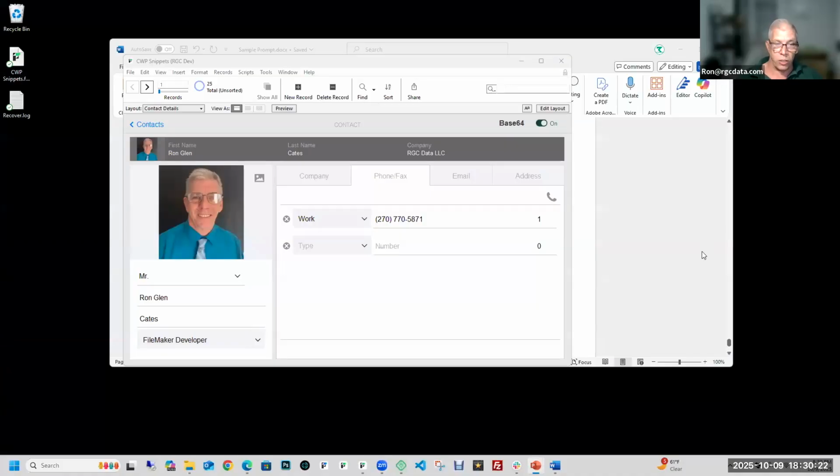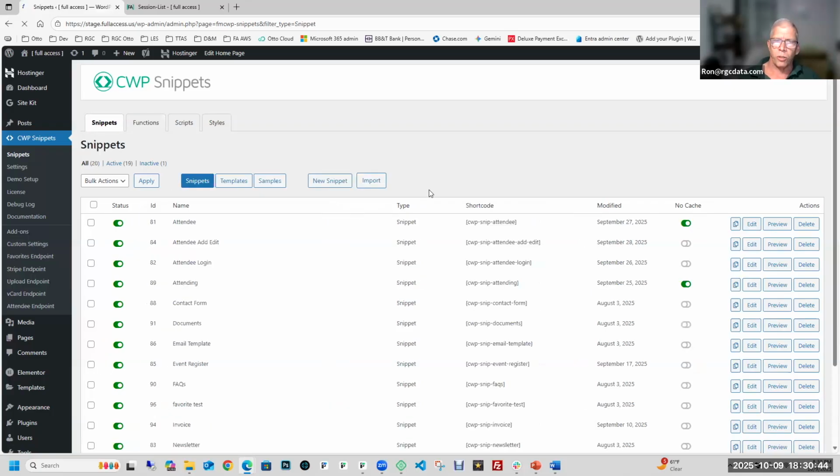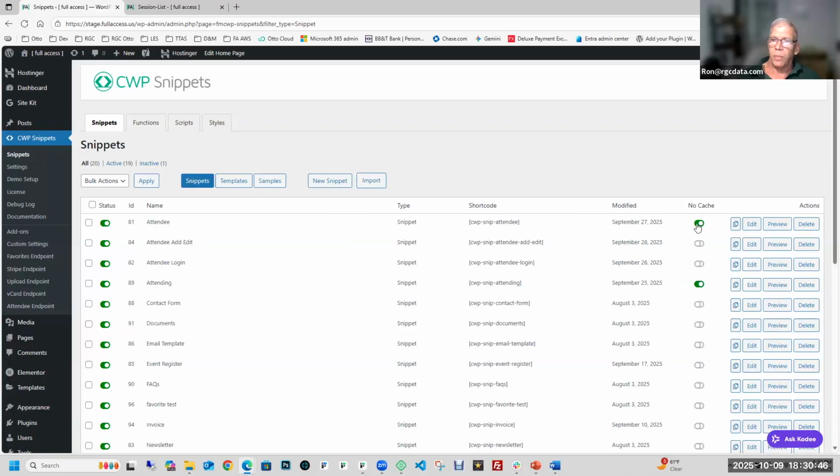So the question was asked earlier about the caching. We have a switch in here, no cache, and I debated on it. We're calling it cache suppression. What it does is it adds headers to any page with that short code in it, or that function. In this case, it really shouldn't apply to functions. It's more for pages. And it adds headers to tell the web page and tell the browser don't cache it,